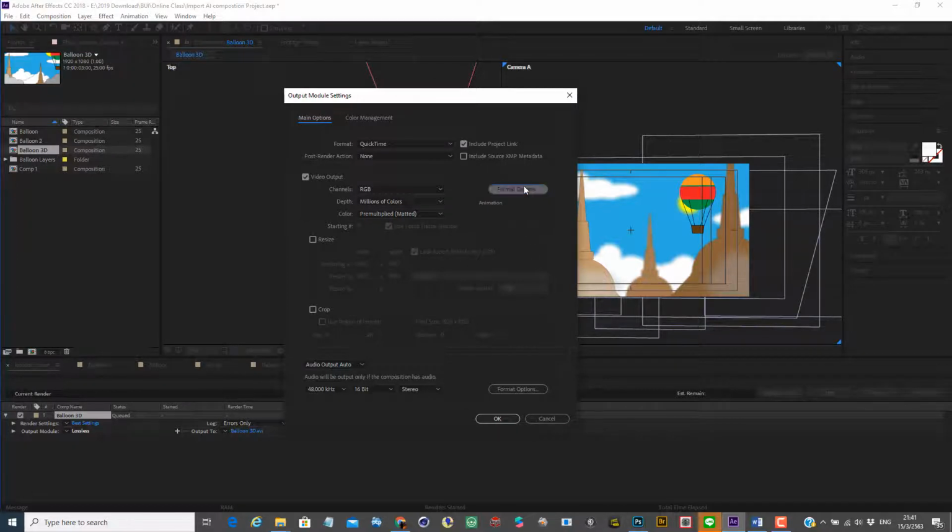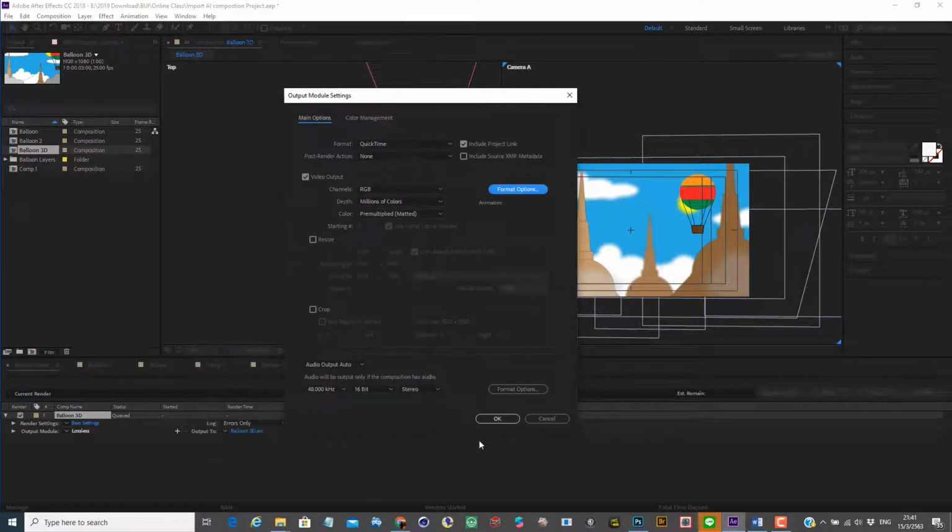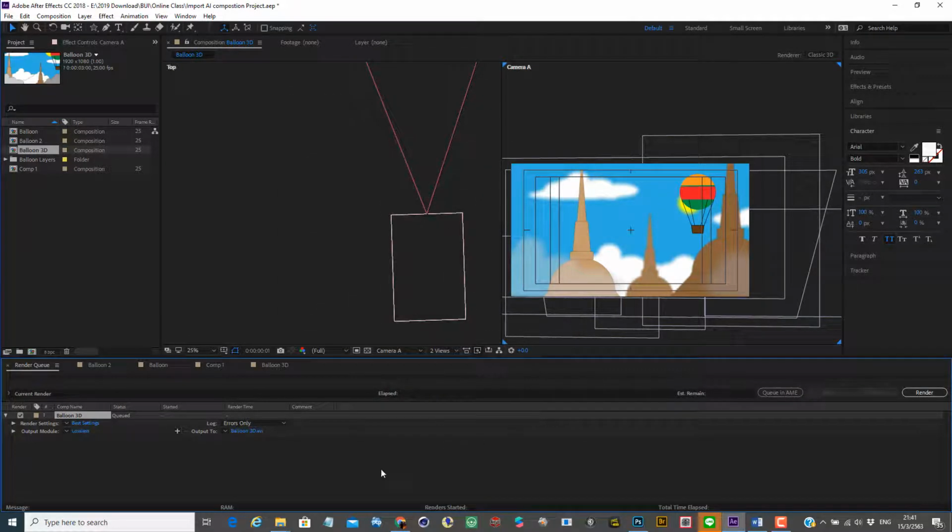The only one I normally recommend is QuickTime Animation. This is lossless compression, but your file is going to be big, so it's more suitable for something that you want to edit in Adobe Premiere or other software. My recommendation, instead of using AVI or QuickTime,